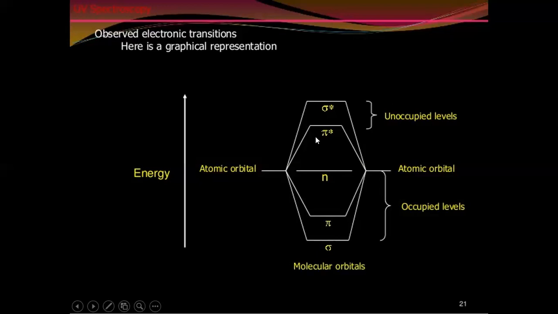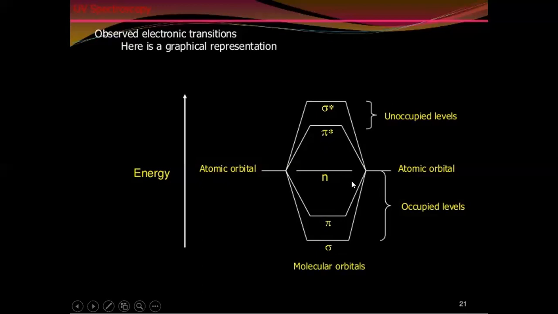The absorption band corresponding to this transition is the R band. In pi to pi star you can see the K band, and in n to pi star you can see the R band. Here the energy required is very low. The R band characterizes aromatic and heteroaromatic compounds, and you can also see B bands. So R and B bands are observed in n to pi star, and the K band is observed in pi to pi star.